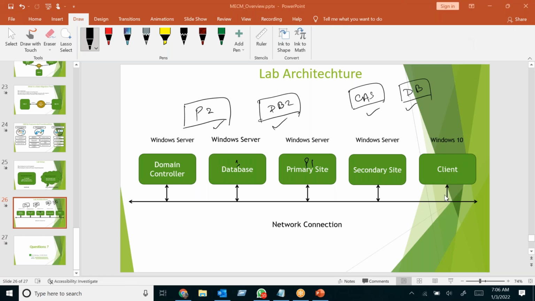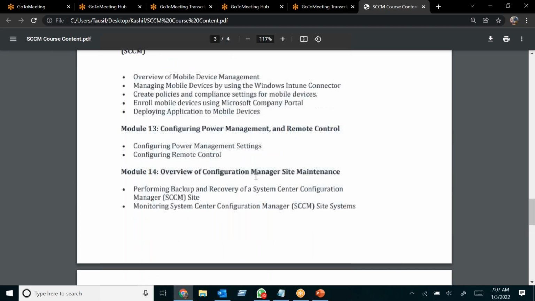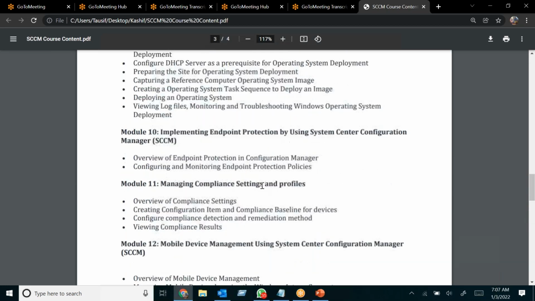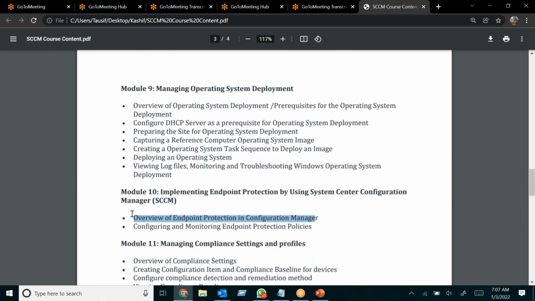If it is slow, then I'll just start that. Okay. And what about Windows Defender? These days every organization is managing Windows Defender from SCCM, and they are implementing MBAM. Windows Defender is already added in this course content, point number 10.